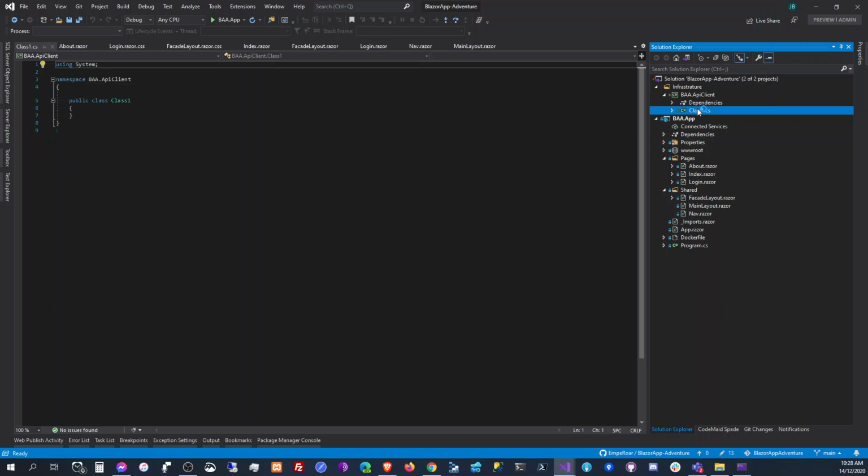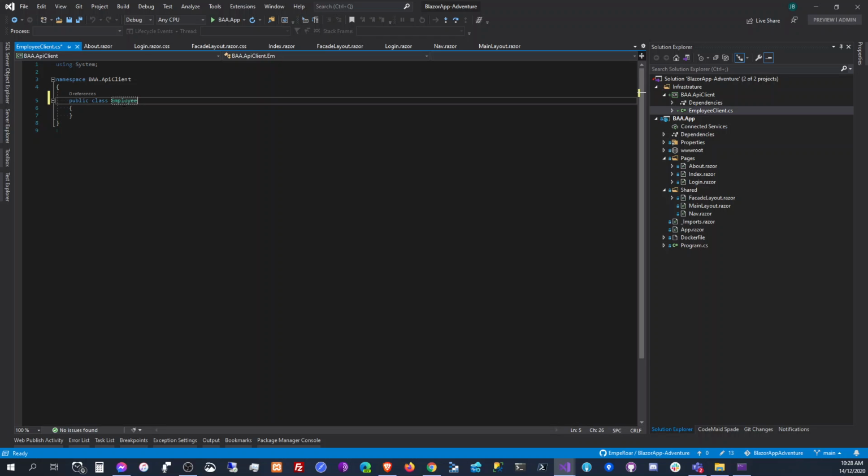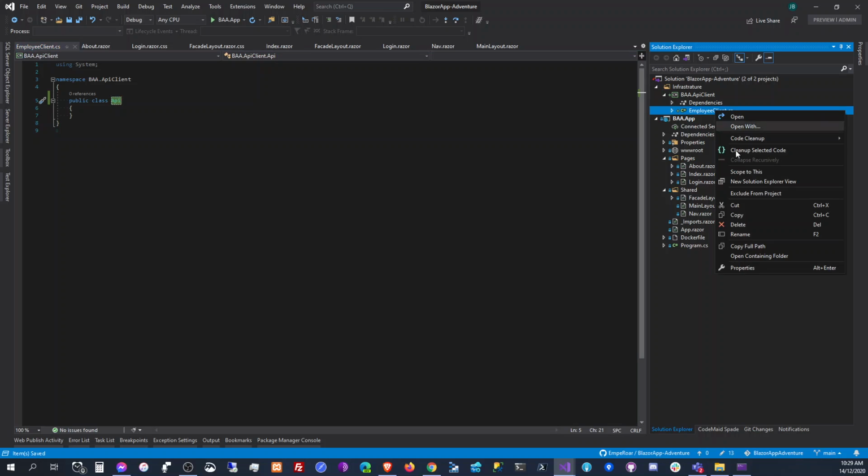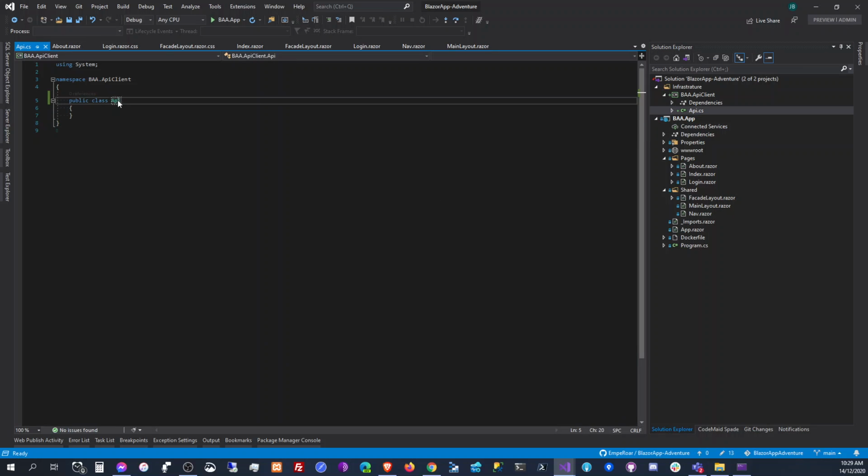So we have our API client here, and in this demo or sample right now, we're just going to create an employee client here, like that. Employee client, or just simply API, maybe API, and then rename this API, and we want to do this as an interface, so